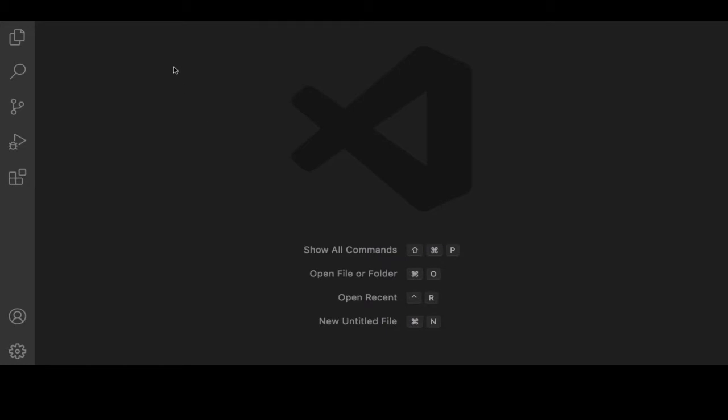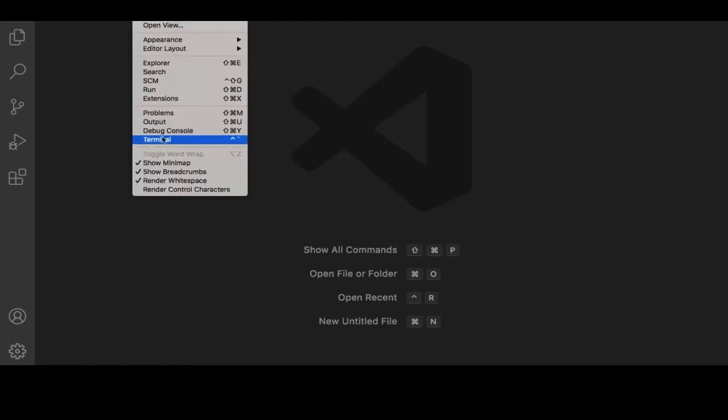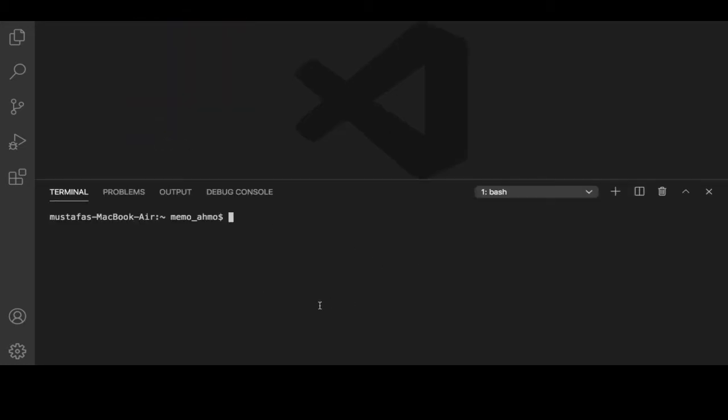So in Visual Studio Code, if you click on View and then Terminal, this is going to open up a terminal, and you can use this terminal exactly as if you wanted to use the terminal that comes with your operating system. And this is, of course, going to work for any operating system. Now in this terminal, what I'm going to type is pip3 and then install